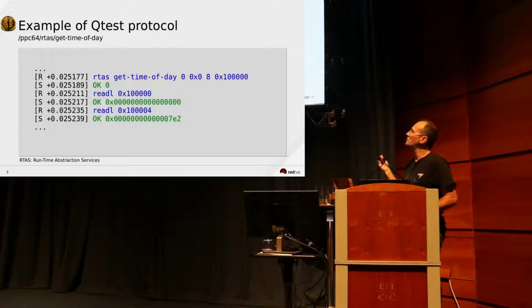The external process, the test process, asks the machine to execute a hypercall to ask the hypervisor to give it the time of the day and to write the result in the memory of the guest. So the first command asks for the time, and the two other commands read the memory of the guest to compare the result to what is expected in the real world from the test process side.